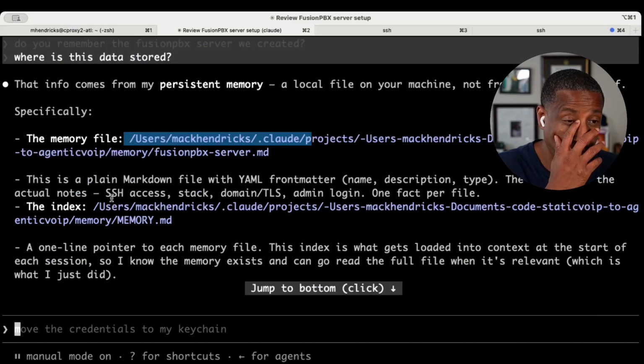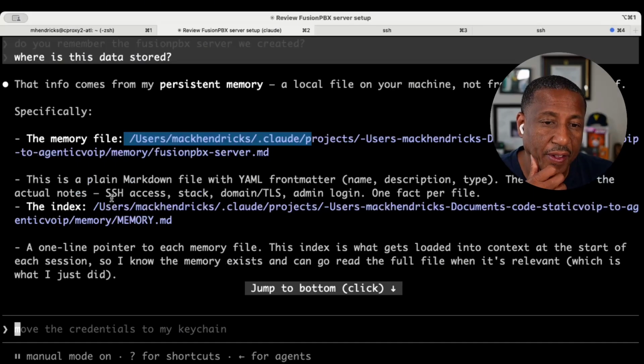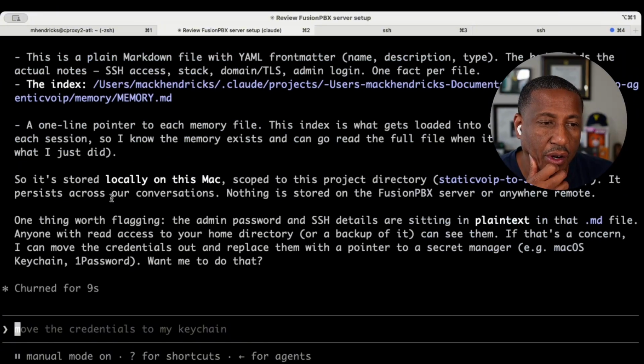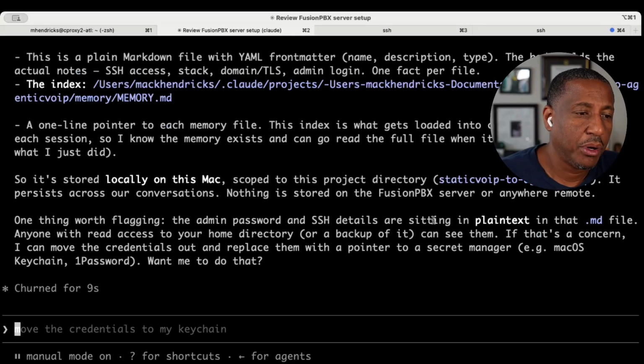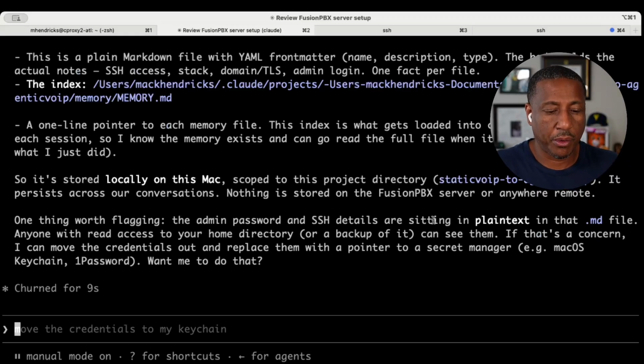Okay, so it says, one thing we're flagging: the admin password details are sitting in plain text in that MD file. Yep, I know that. If that's a concern, we can move it somewhere else. So we will do that. All right, so it remembered. It basically stored what we were working on inside of a memory.md file